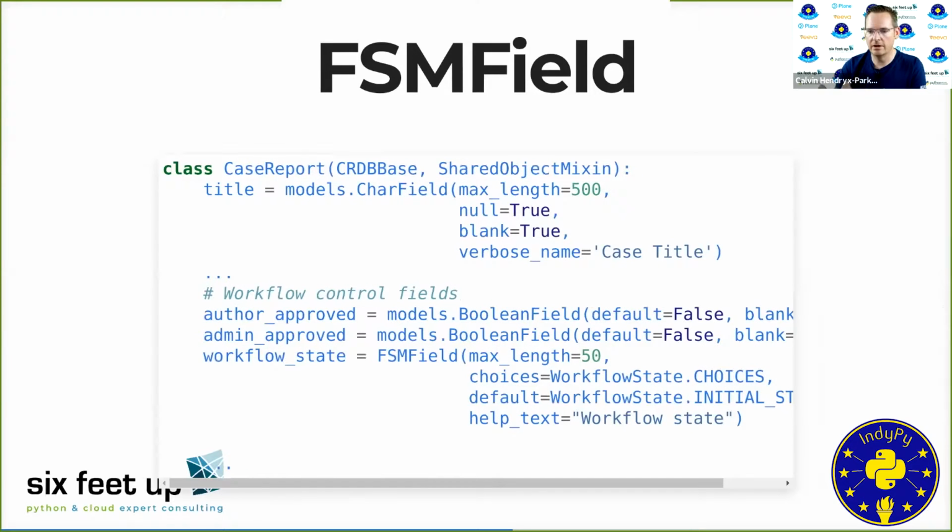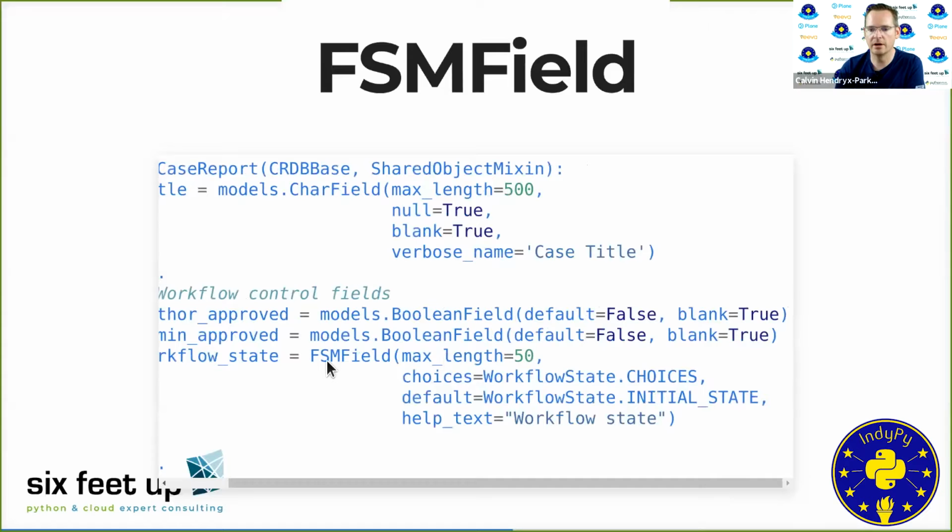So to get started with the very basics, if we're looking at the FSM field, I've got an example here of that case report. If we're doing the cancer research project as one of our examples, there'll be a title plus whatever other fields are part of our normal model. And then we've got some workflow controlled fields. We do still have some Boolean fields in here, but those Boolean fields are typically going to be controlled by the transitions. As we go through various state gates or transitions inside the model, we may check or uncheck these Boolean fields as part of the workflow process, but they're typically controlled as part of the workflow.